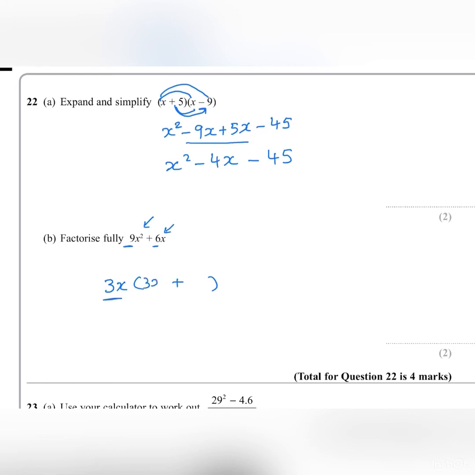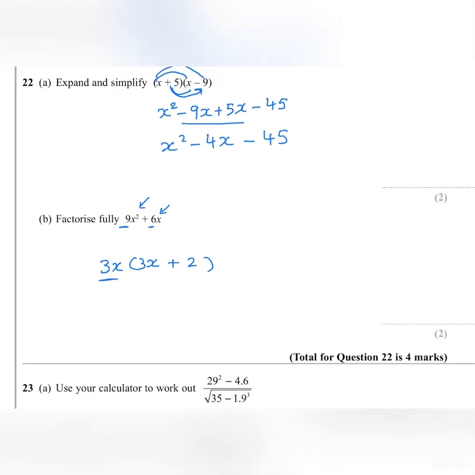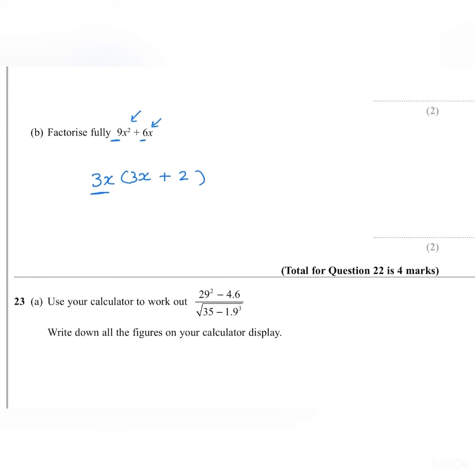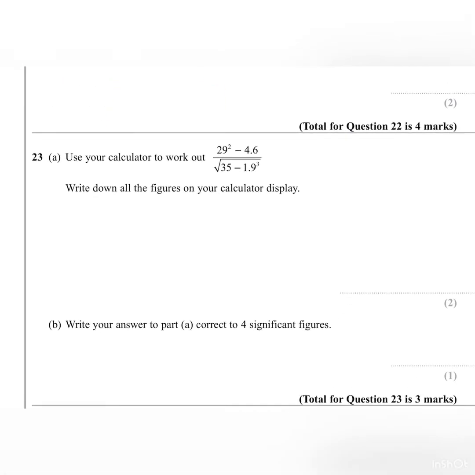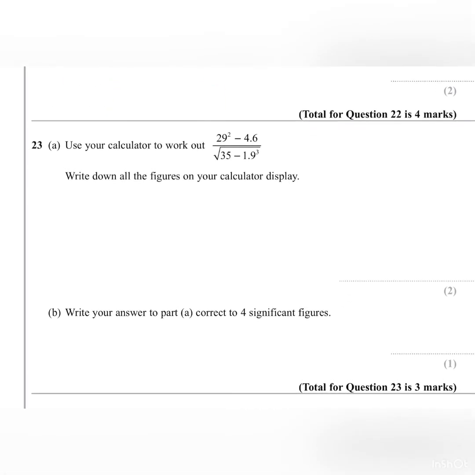So that will be 3x here. And then 3x times by 2 would make 6x. Okay, so that is the answer to that question. Nice and straightforward. Okay. Now, number 23, it says, use your calculator to work out 29 squared minus 4.6 and